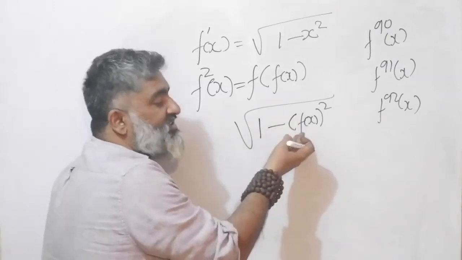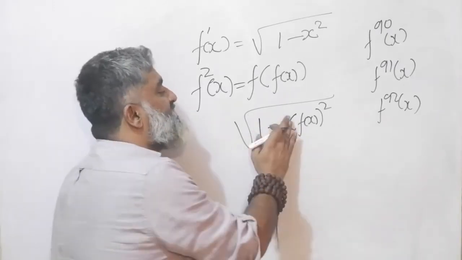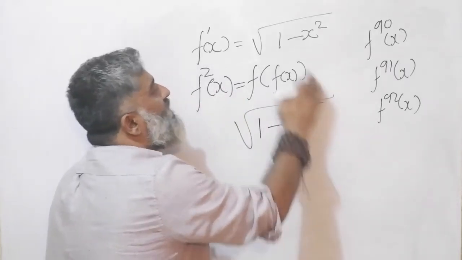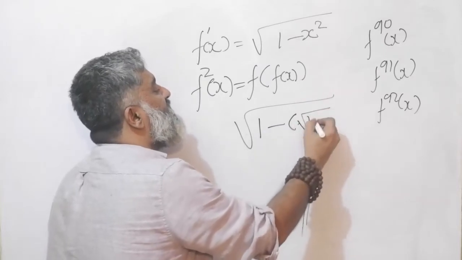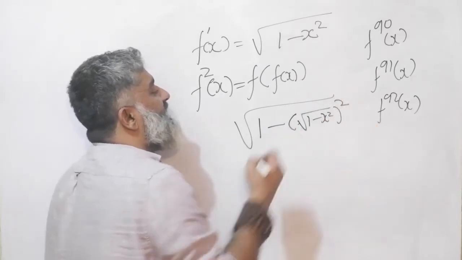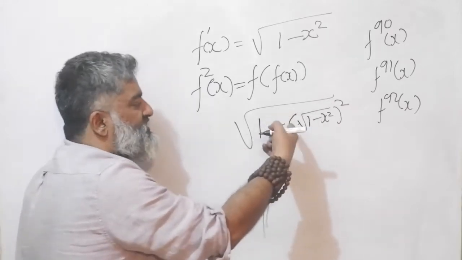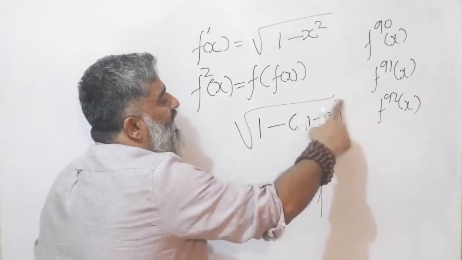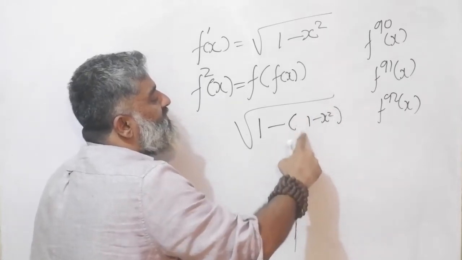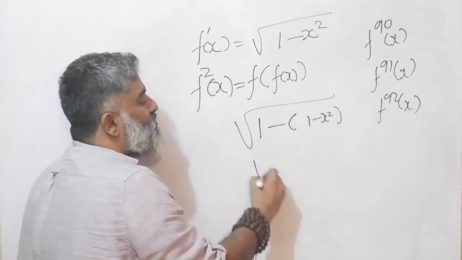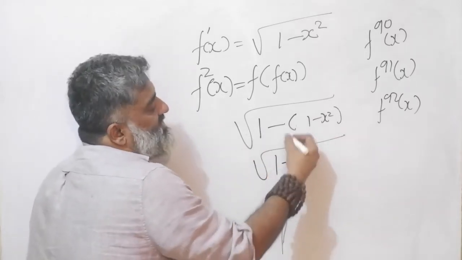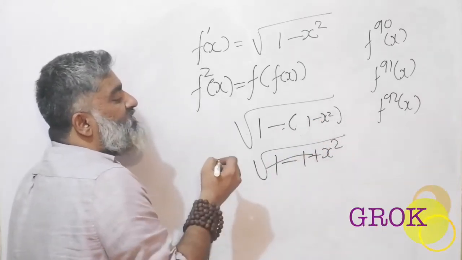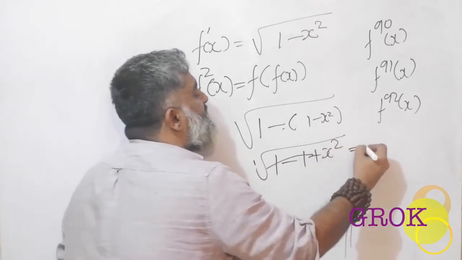I know, this is a slow going process. The faster process, if the idea is clear in your head, you could have directly written what you know f(x) to be. So you write a square root of 1 minus x square and a square of that. Now it's about operations, right? So if I do a square of this, the square root will be eliminated, and I'll be left with a 1 minus x square inside the square root. Open this up, 1 minus 1, and this minus and minus will become a plus x square. This 1 minus 1 will get cancelled. A square root of x square is going to give you an x.